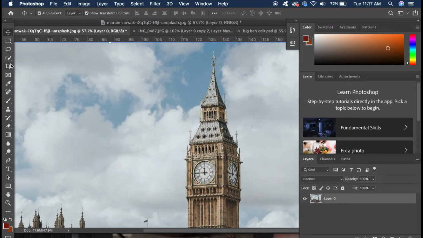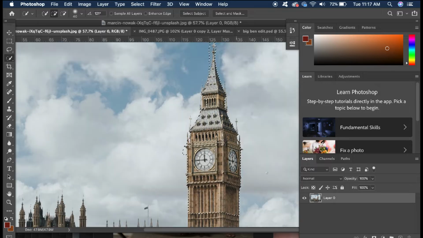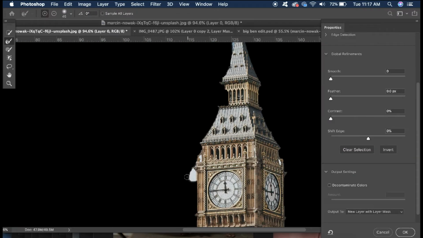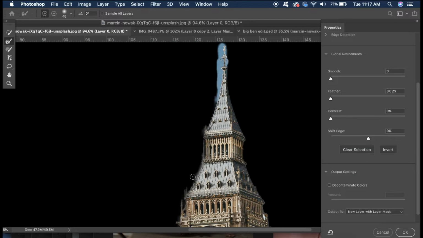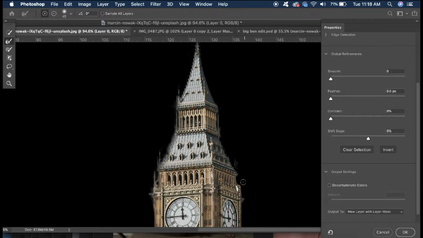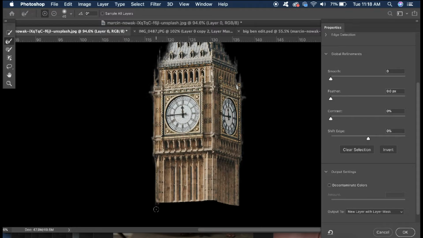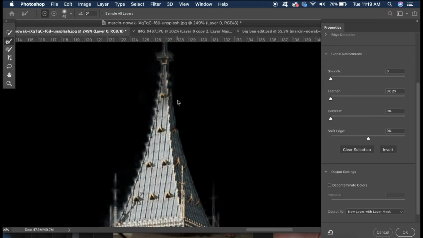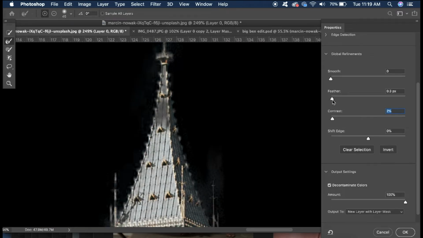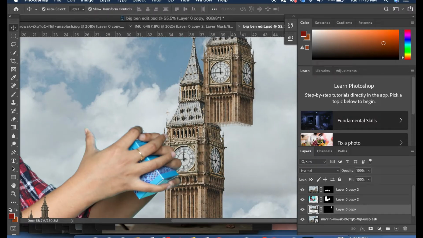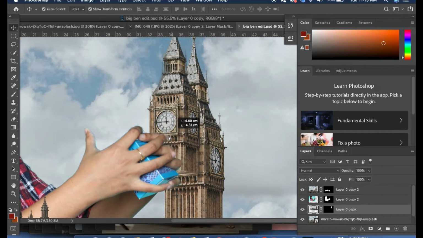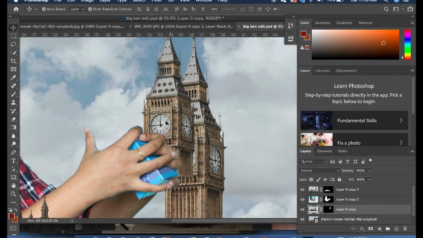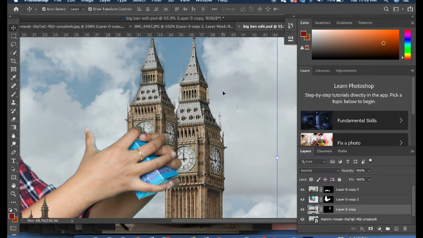Now just open the original Big Ben picture in another new page and select half of the building which you want to place in your hand. Repeat the same steps to remove the background, that includes selection, masking, adjustment and refining. Now as you are done with this, just drag this to the page where all the editing is going on and try to fix it in your hand.